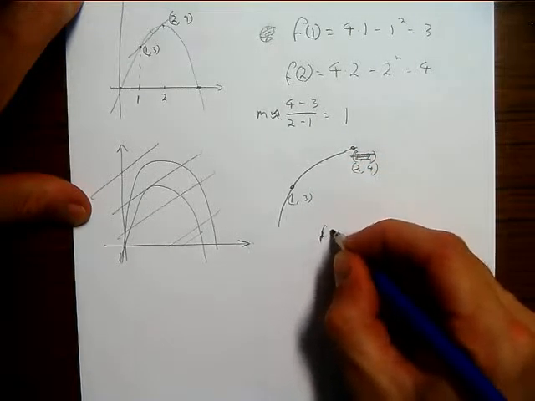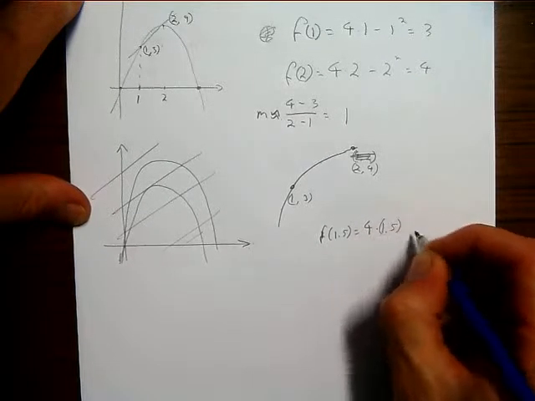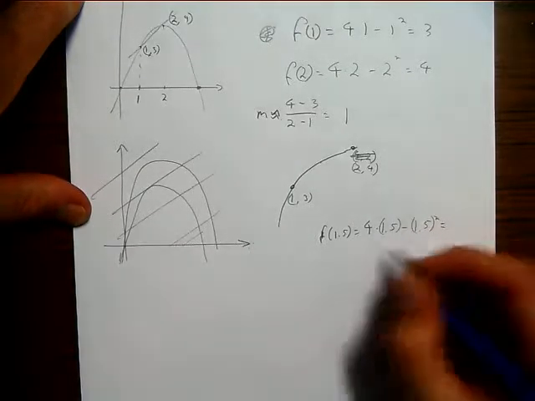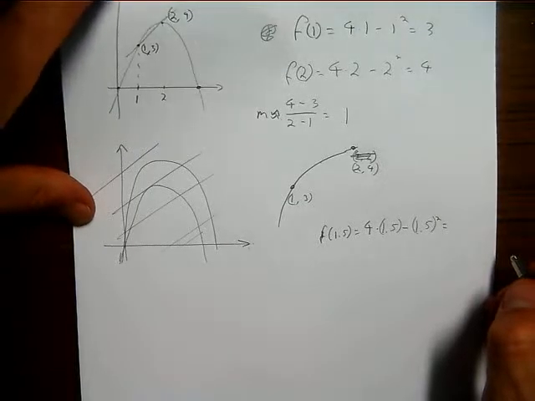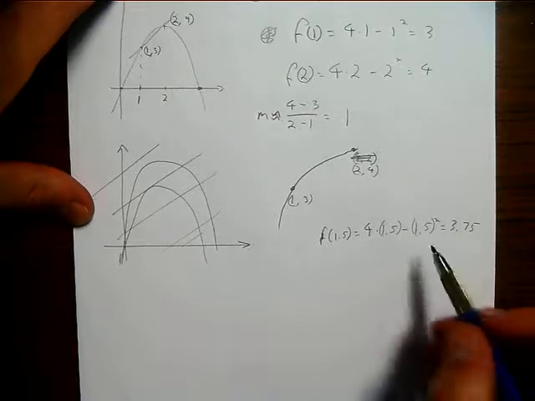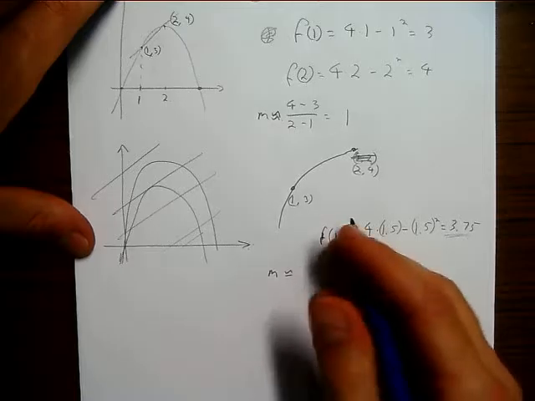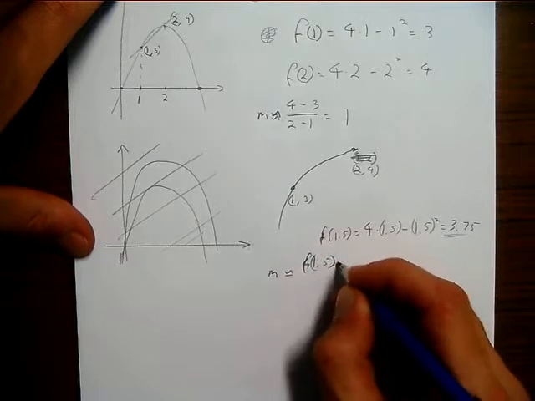So f of 1.5 then is 4 times 1.5 take 1.5 squared. What's that equal to? That's 6 take 2.25. So is that 4 point something? 3.75. There we go. 3.75. Okay. So our gradient is roughly equal to, in fact, it's f of 1.5 take f of 1